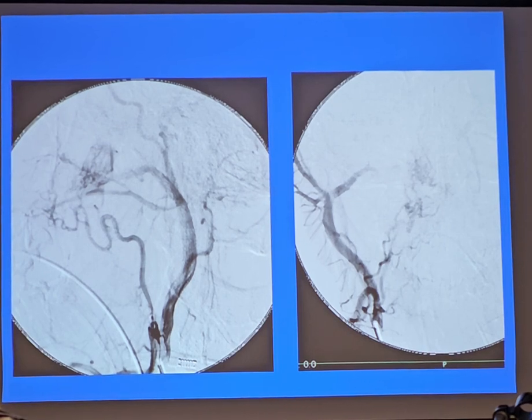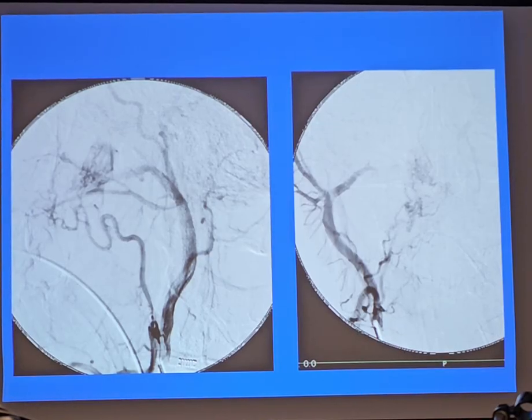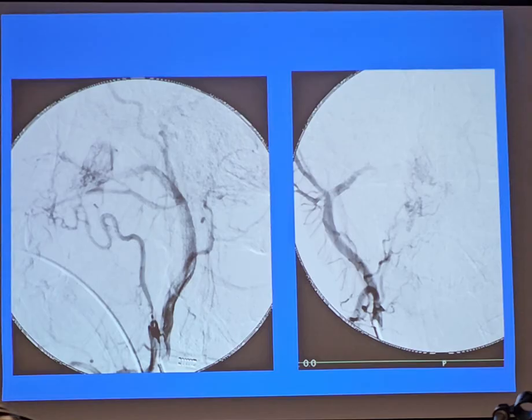So ascending palatine, descending palatine, ascending pharyngeal, what else? Sphenopalatine? Yes, which is the descending palatine branch, right? The accessory meningeal. So the accessory meningeal has branches that supply the eustachian tube, that can also supply the palate. So accessory meningeal is another supply that can be in this area. So once we embolize this ascending palatine artery,